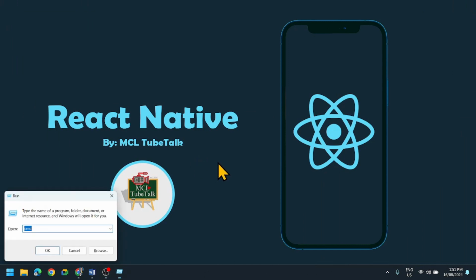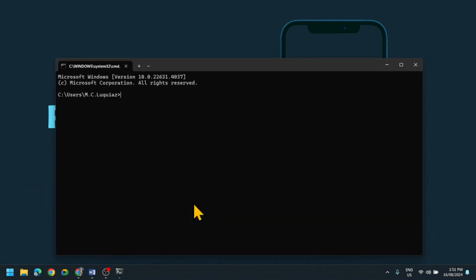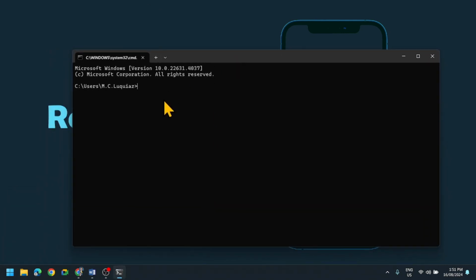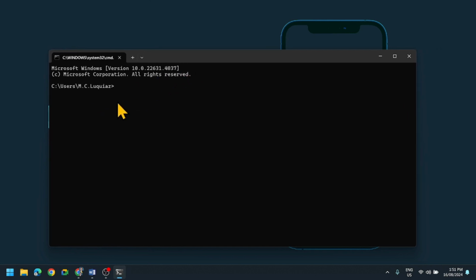First thing that you need to do is go to your command prompt. As you can see here, we are now in the user directory. So let's change our directory to a different folder like documents, cd documents, and then here I can now create our React Native application. So to create that, let's put npx create